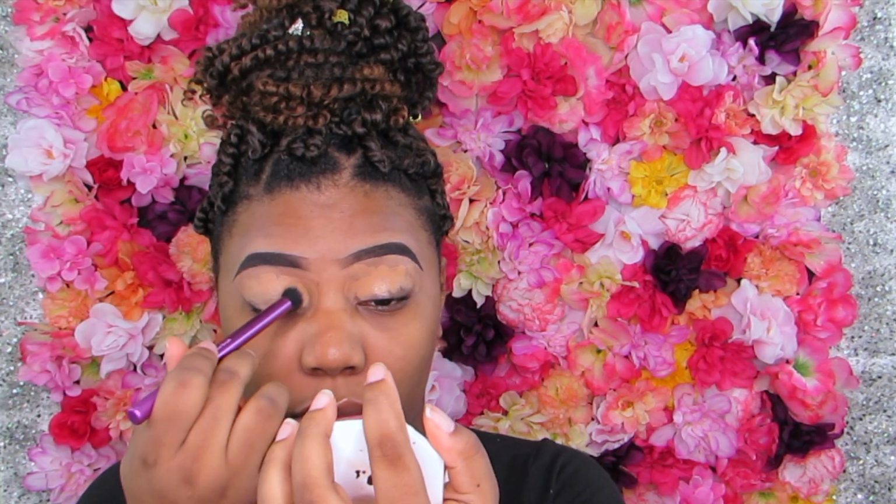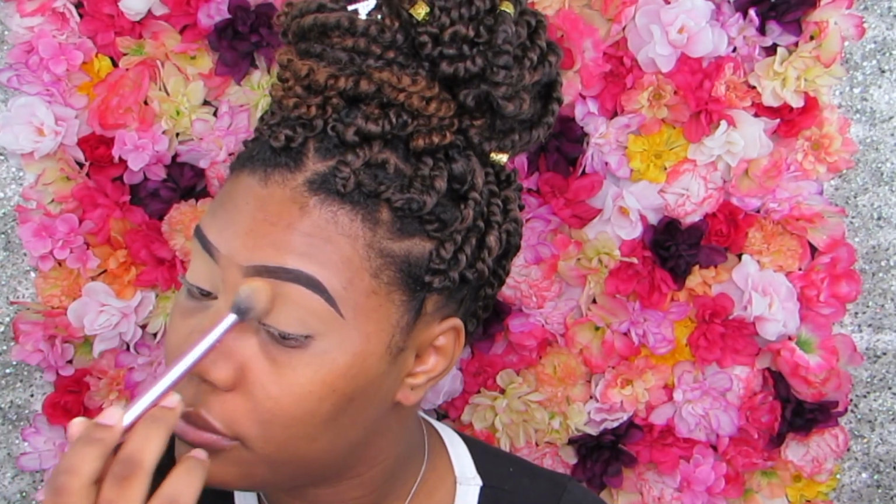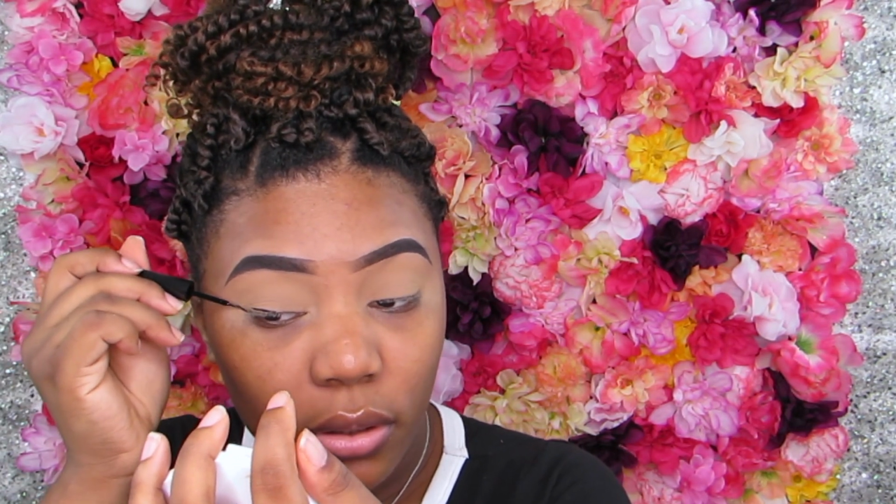I am using the same BBFS base on my eyelids, then blend in with a concealer brush. Then setting it with the Black Radiance Loose Powder. I am using the ELF eyeliner in jet black for my wing, then use the L'Oreal Voluminous Mascara on my